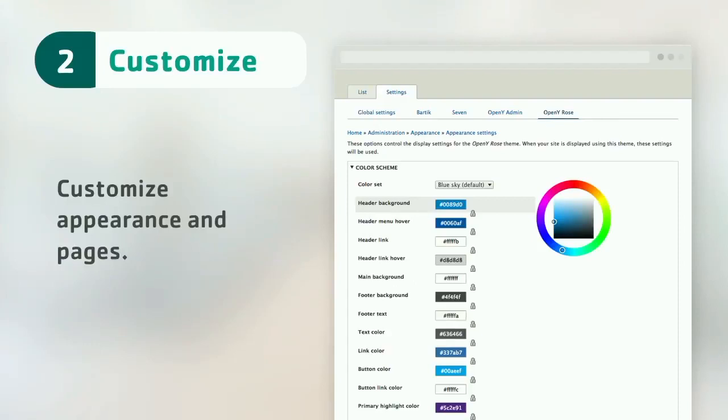Then the next step, you can customize that website. We have the default theme, OpenY Rose, and we have a feature where you can select predefined presets for that theme, or just customize everything on the website in order to have your branded colors.